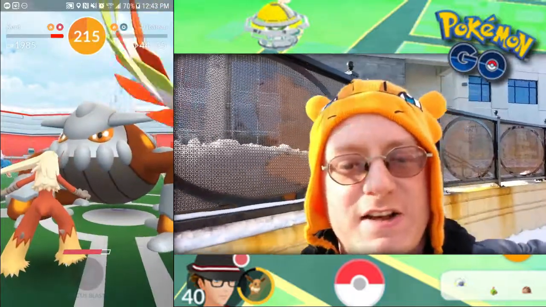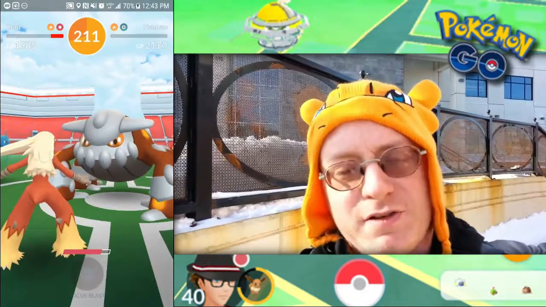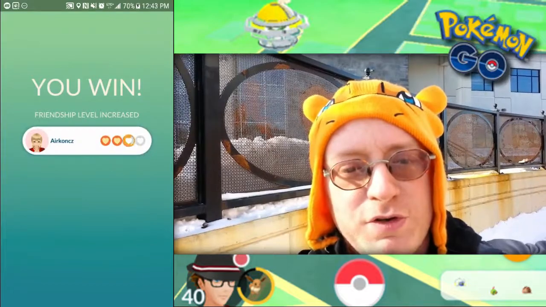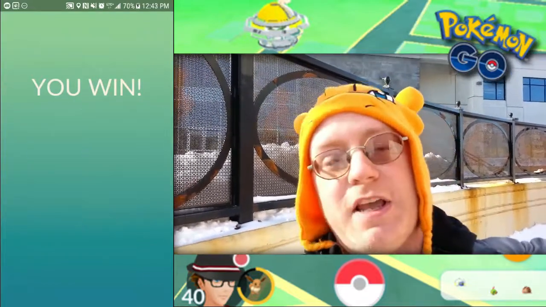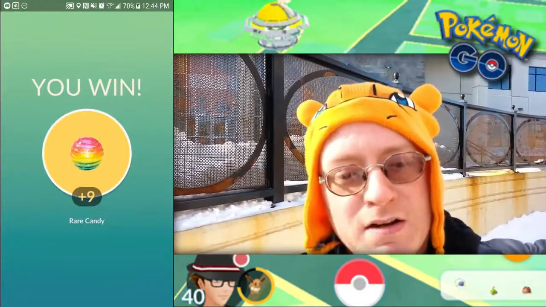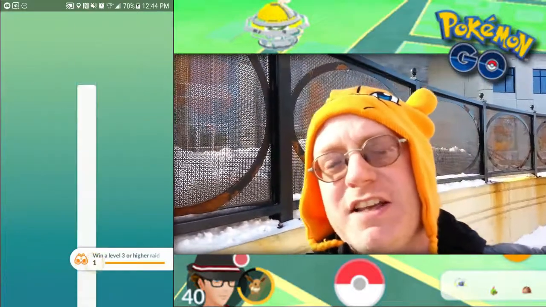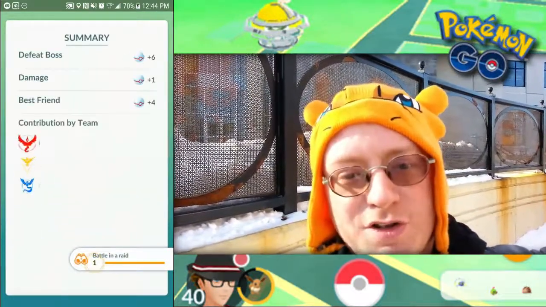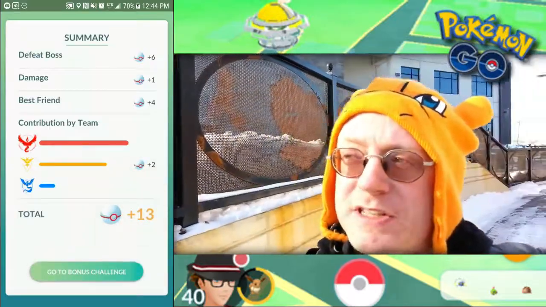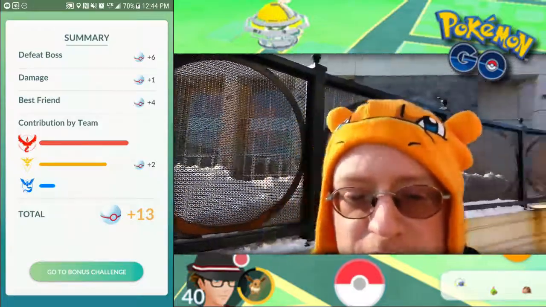So Heatran is down. That does clear all of my research tasks too. I had to do 2 to battle in a raid. 1 was to win a level 3 or higher. Now, the moment of truth. Do we get to do the capture? Charge TM. I like it. 9 rare candies. I love those as well. Haven't gotten as many rare candies lately as I would have liked, but that is definitely a nice little batch. So, I would have had the gym bonus if certain people hadn't knocked out Meltan, but whatever, got 13 balls